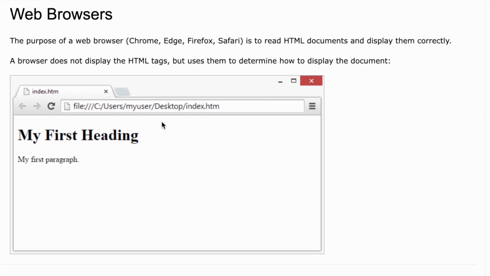Now coming to web browsers. The purpose of a web browser, Chrome, Edge, Firefox, Safari, is that you could have a browser where you search everything, or where you access all the internet, all the websites. It is needed to read HTML documents and display them correctly. A browser does not display the HTML tags but uses them to determine how to display the document. So in the browser, you will see only the output, but all the input you will have to write